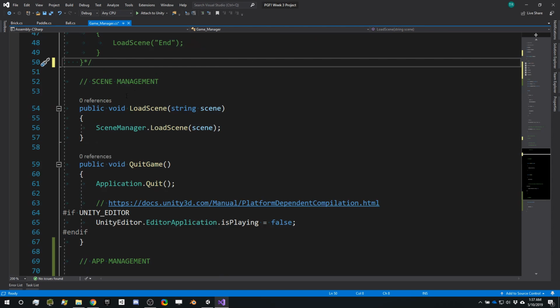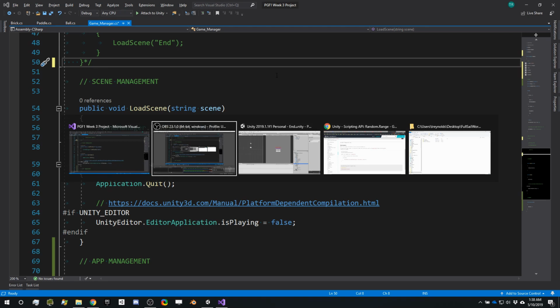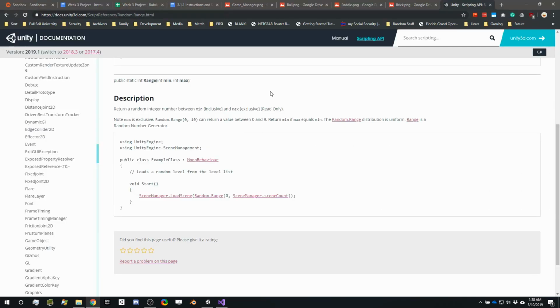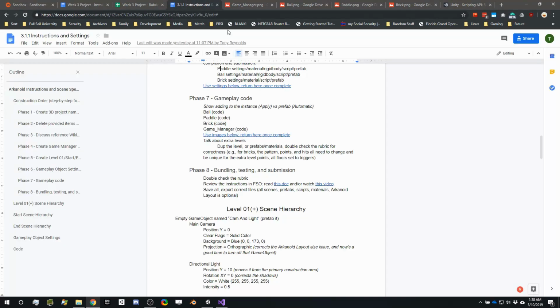So now, down here in the scene management, we actually want to make use of some functionality that Unity has. When it loads into a new level, it can actually tell us that a level was loaded into. And we can use that as kind of our reset point for different systems. So if we jump back over here to the notes,